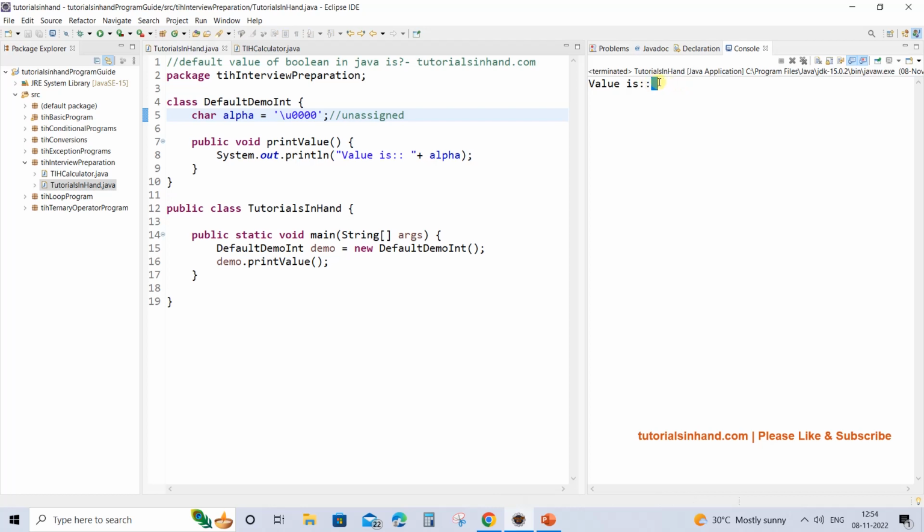As you do not see anything getting printed over here, in most tutorials or websites you will see they say a blank space is printed. If you are asked in exams or interviews, you should mention that the default value is this \u followed by four zeros, which is the lowest value that can be assigned to a character variable, right? You can also give the example of 61, 62 and so on, that print small a, small b, and similarly capital A, capital B for some values. But our purpose was to see what is the default value of a character variable, and we have seen that this is the default value, right?